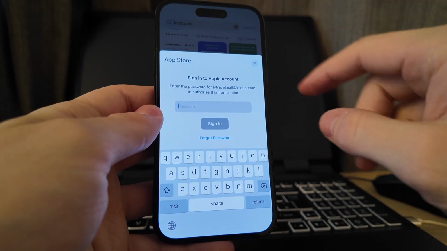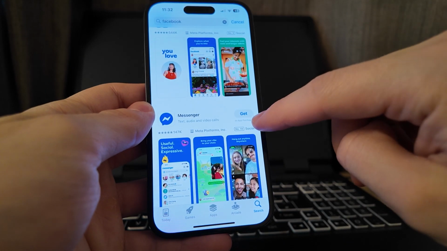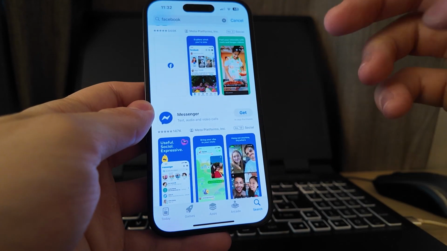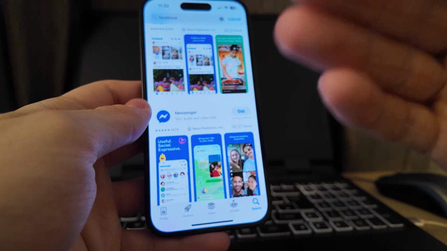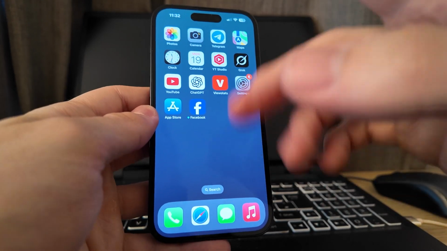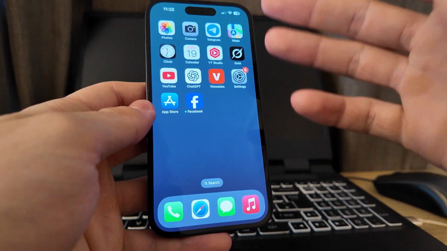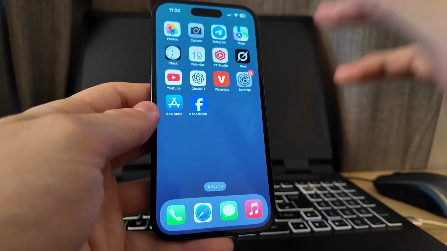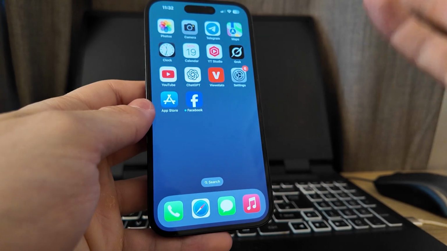Okay, so once confirmed, you will see that the application starts downloading by this little tiny icon at the right side of your screen, and then once it's downloaded and installed, you're closing the App Store and going to the home screen. And on the home screen, scroll to the right, scroll to the left, and you'll locate the newly installed application somewhere around here. Okay, once found, tap on it once,